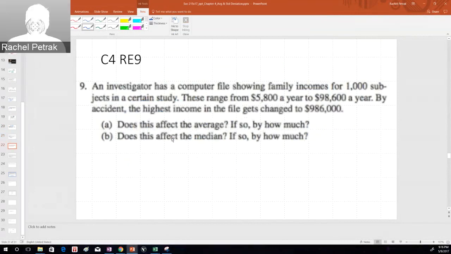Now on problem 9, we have an investigator with a computer file showing family incomes for 1,000 subjects in a study. And